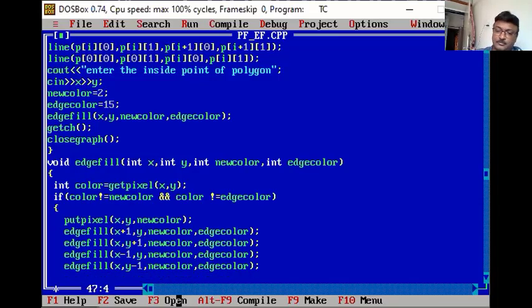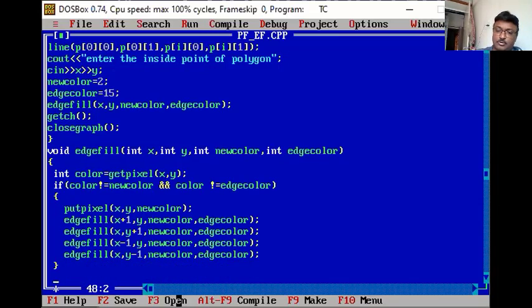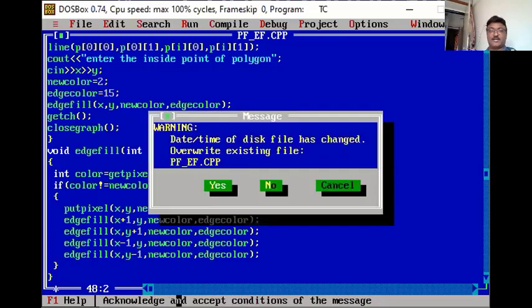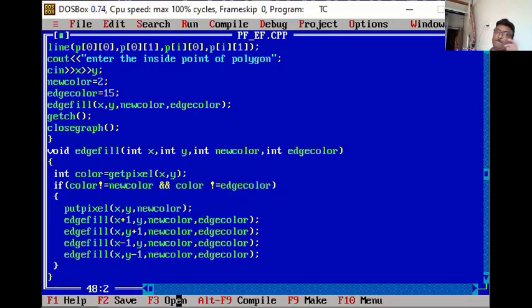Understood everyone? This is a simple algorithm, it's not very tough, and in a similar way to what you considered in seed fill, there it was old color, new color. Here I have modified old color to age color only, and then I have put this algorithm over here.